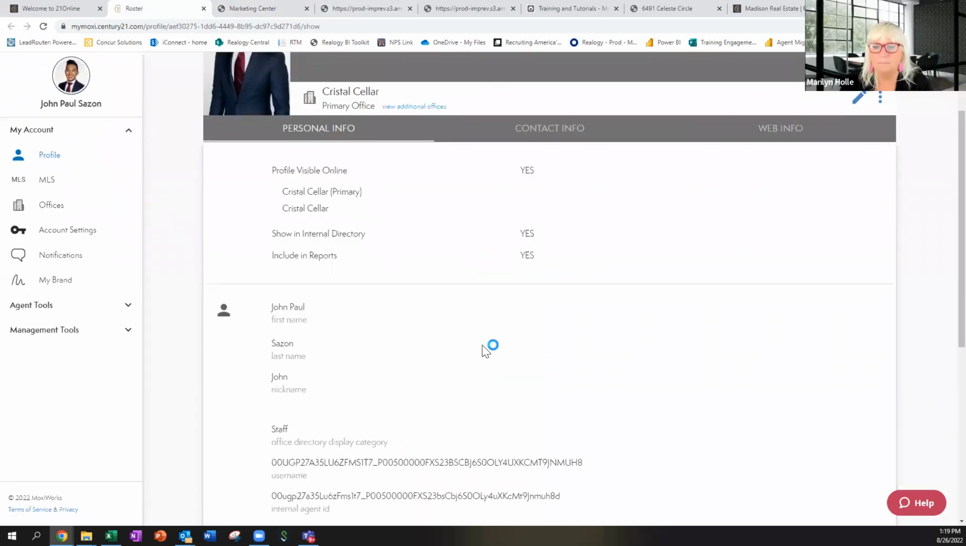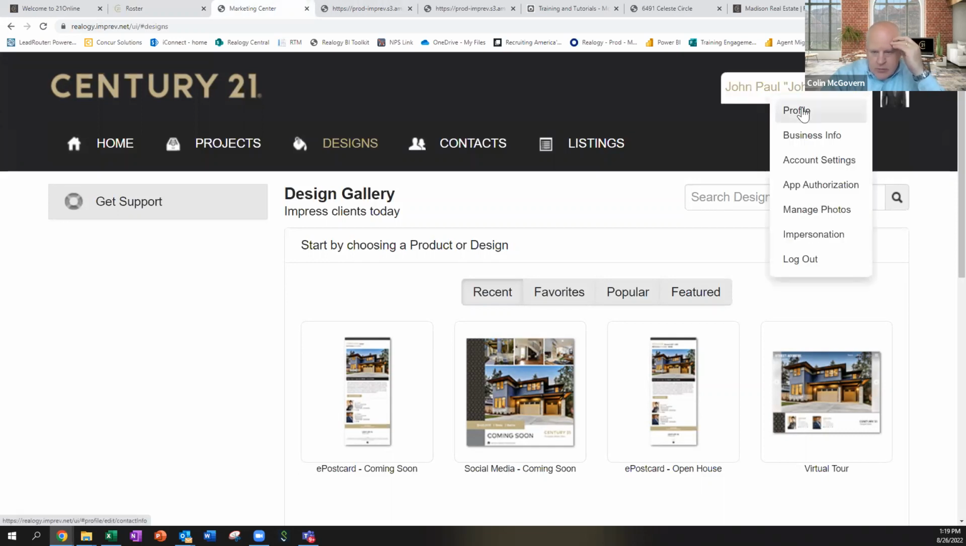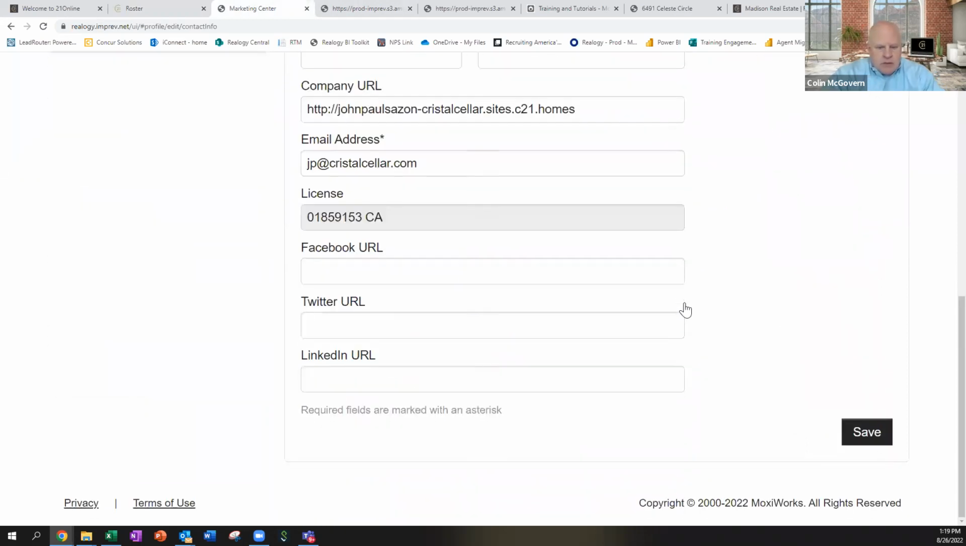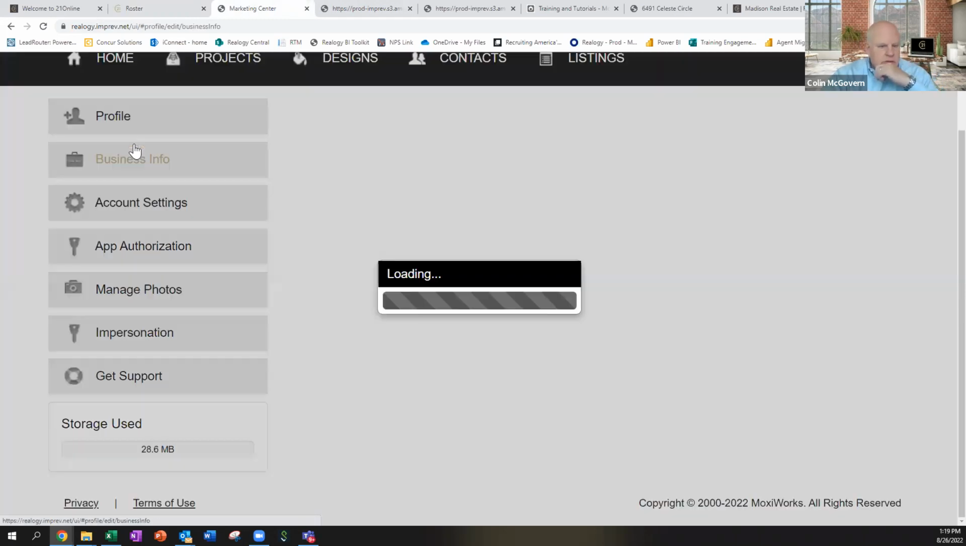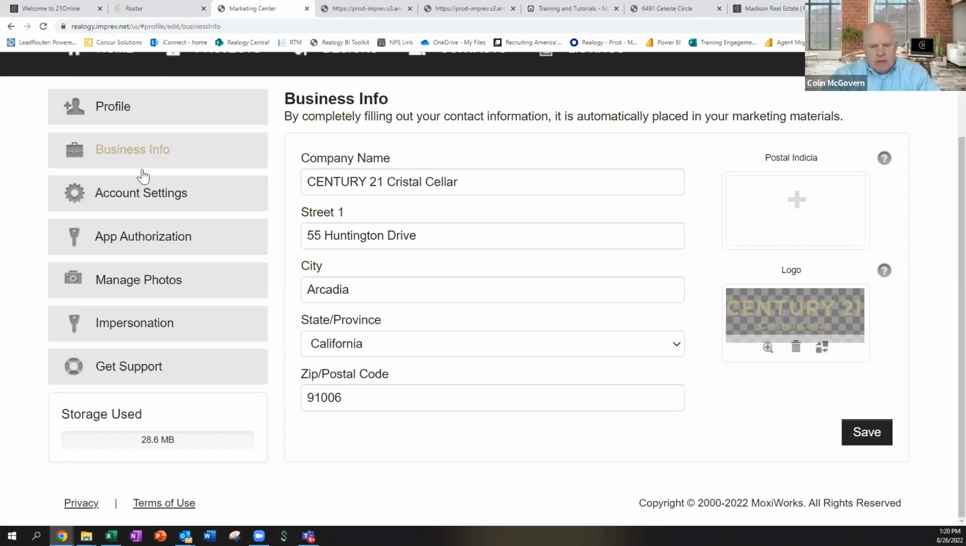If you go back to the profile in here, and if you go up to JP's contact information, then go to profile. So I don't know if there's a place in there that would include it. If you go to business information, yeah. So here is a logo here. Maybe removing that image and putting